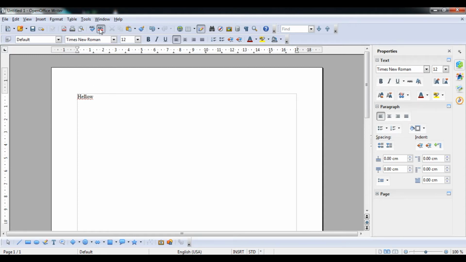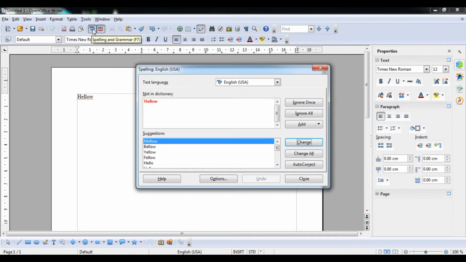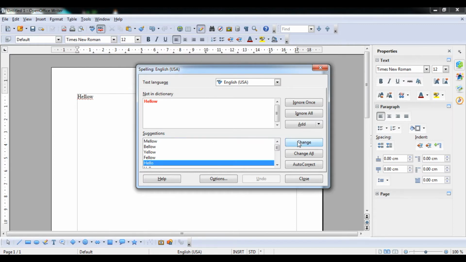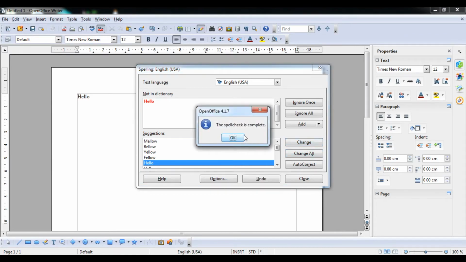First of all, you can see that this option should be enabled and you can click the spelling checking error option. Now you can see, student, here is the incorrect syntax, and you can also select the dictionary. I have selected USA, and then you can select one of the correct words that you are going to write. So here you can see that hello is given, and then you can change it, or change all. If the word is written multiple times in a document, you can change all also. Now you can see that the spelling check is completed.